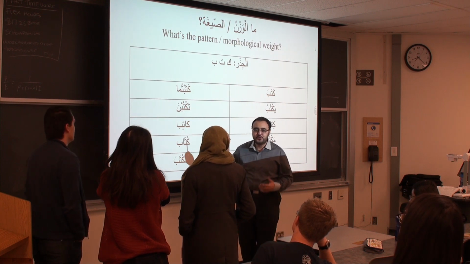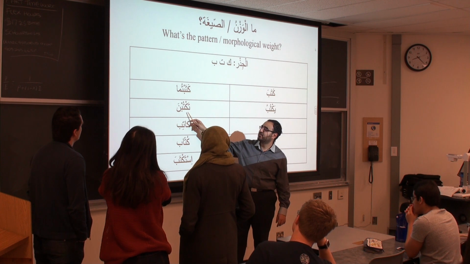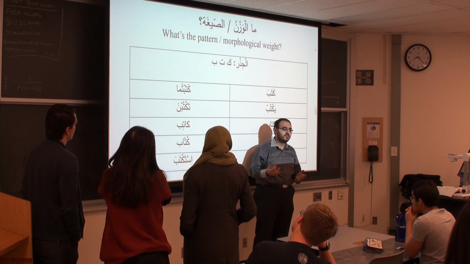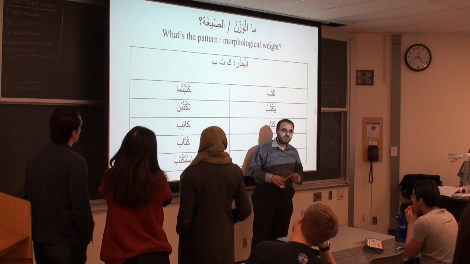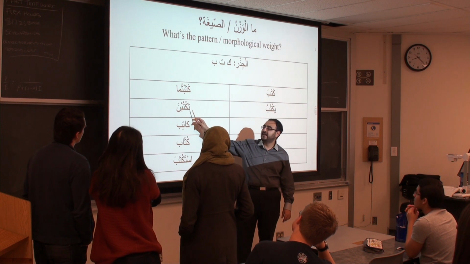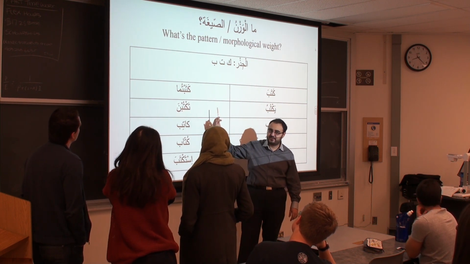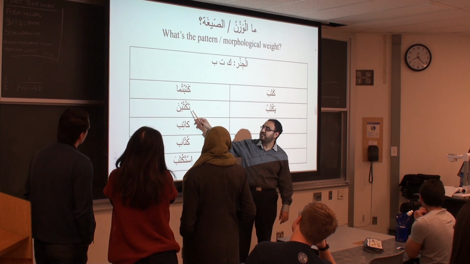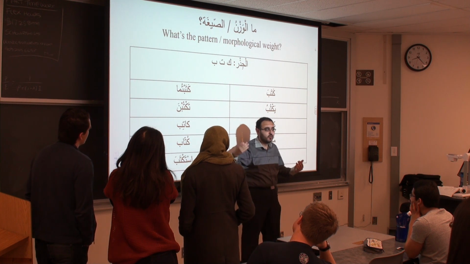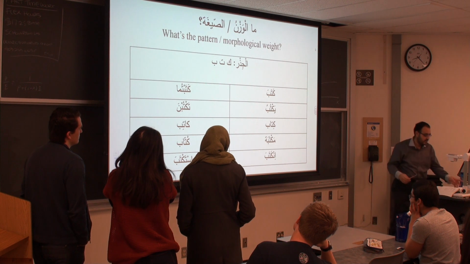So let's talk about this one. How do you weigh the words morphologically? This word has a root that you are familiar with, which is kaf ta ba, exactly. So the kaf ta ba will be our root. It will be replaced with the fa ayn lam, and then everything else will be added as it is. That's how you weigh any word morphologically. So let's do it.